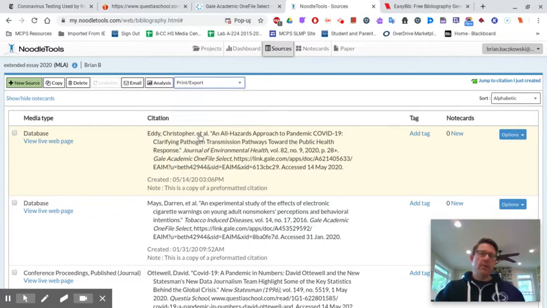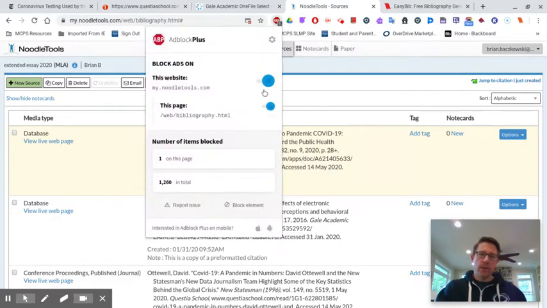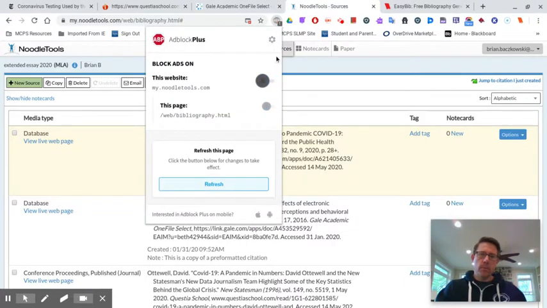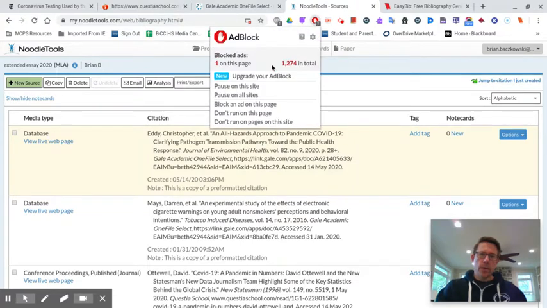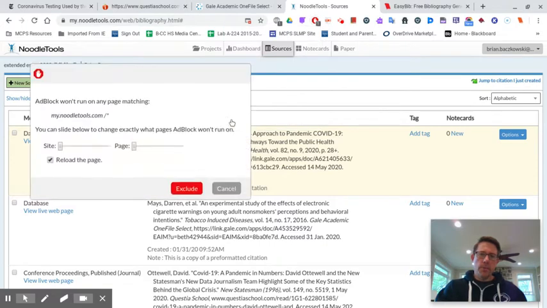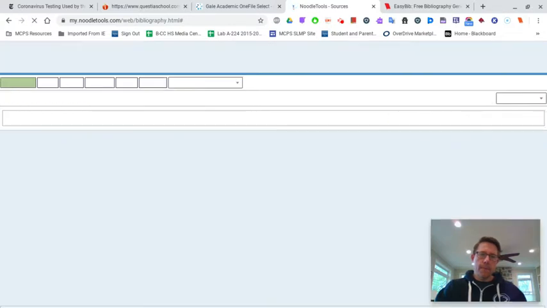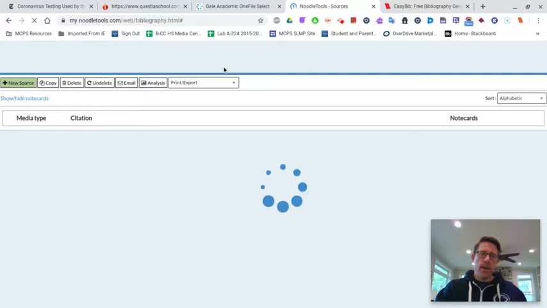So when I click on this link right now, it's blocking my pop-up. So I have to turn that off. So that is a good thing for me to know. I'm going to turn off my pop-up blocker. And I'm going to turn off this pop-up blocker. So that's good to know. So I'm going to pause. Do not run on this website. Exclude. Good. Okay. So now when I do it,